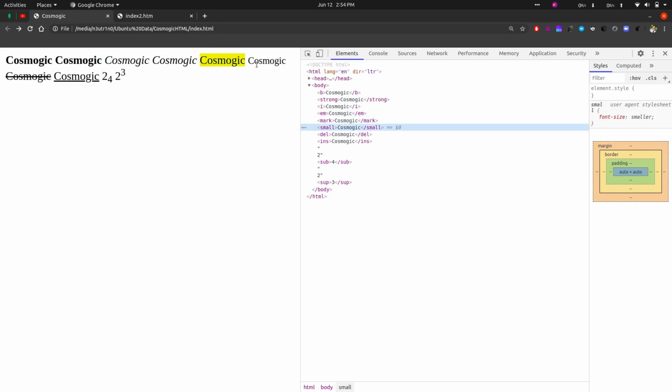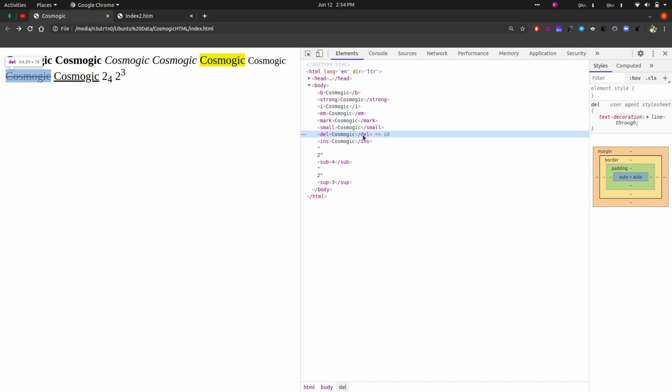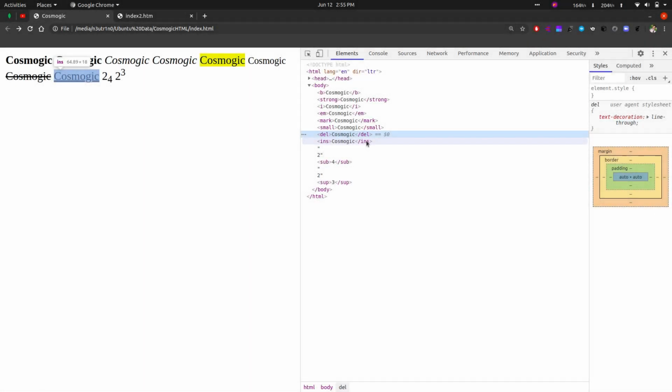This is the small tag, meaning whatever is written in the small tag is of smaller size compared to the other text. You can see all are big here, but compared to the others it is a little bit smaller in size. Deleted text means anything written in this tag has a strike-through line through the middle. It is used when we want some text to appear deleted in the web page. Inserted text means when we want to highlight a text, like if I have written on a web page that I am neutrino, and I want to put stress on the name neutrino.